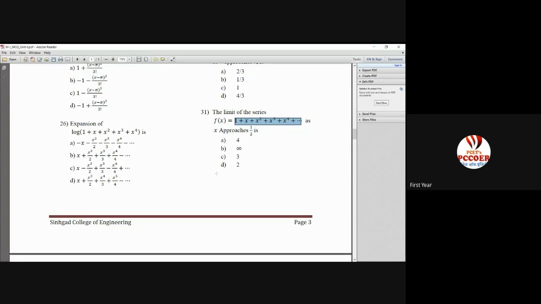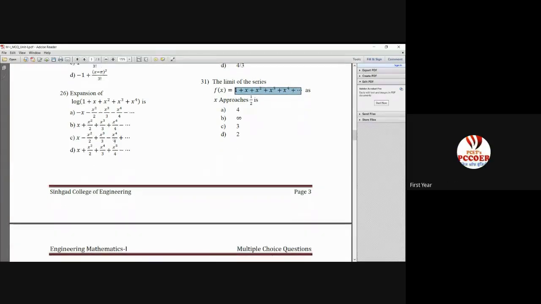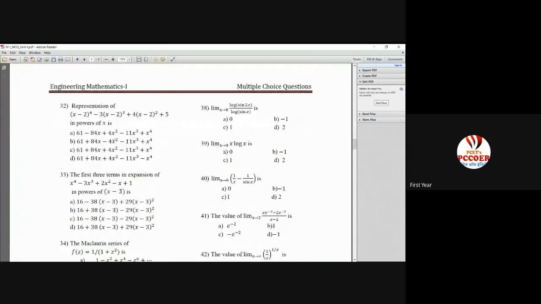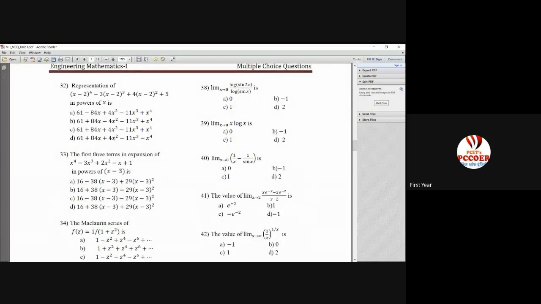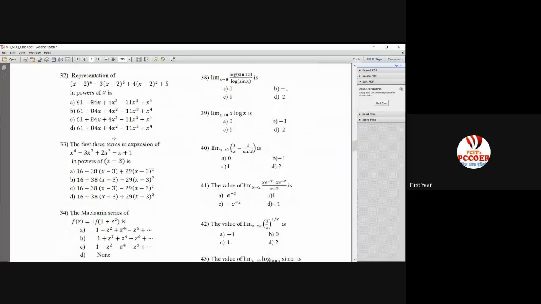Okay. What about now? Limits questions are there. Limits questions will definitely be asked for 1 mark. For example, this one: limit as x tends to 0 of sine 2x upon sine x. What's the answer? Quickly. You have to write it as log.